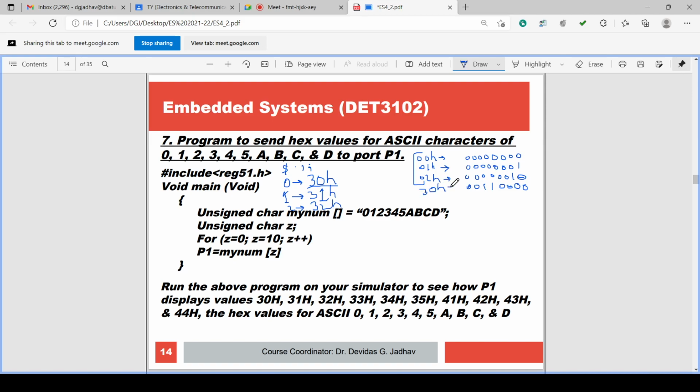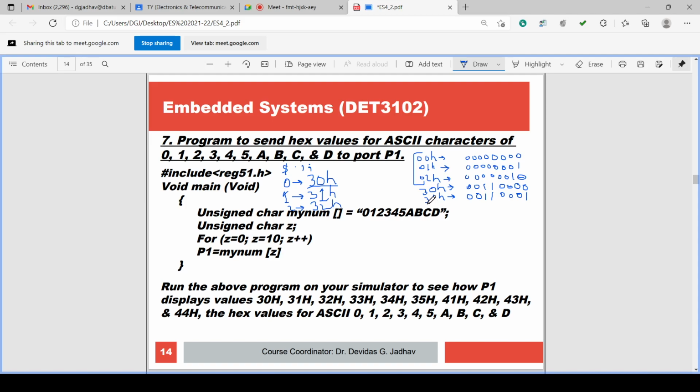Similarly, 31H we can write very easily. 31H will be 0, 0, 1, 1 and 1 is 0, 0, 0, 1.